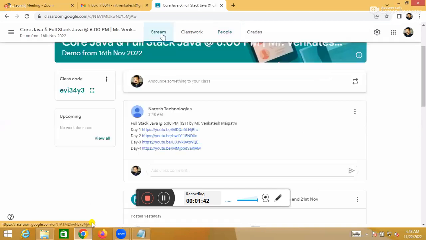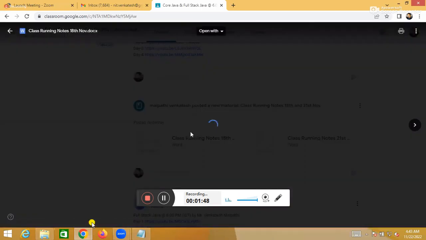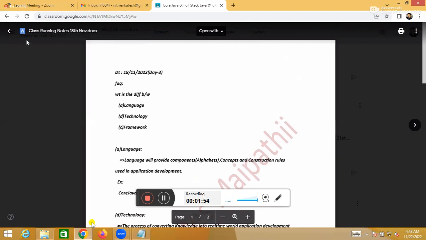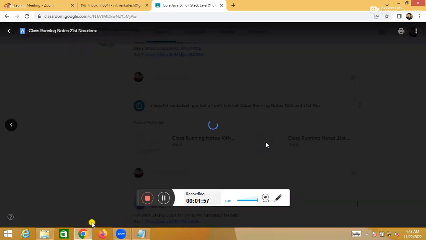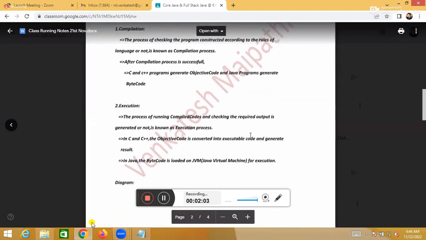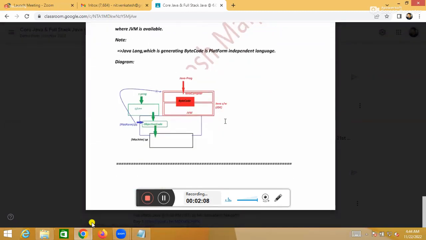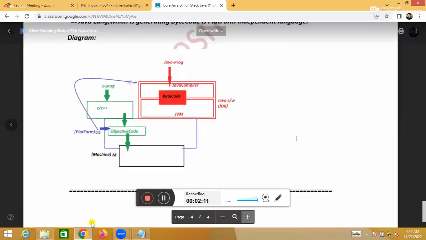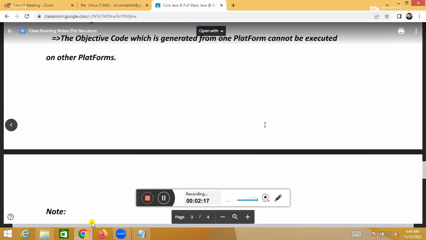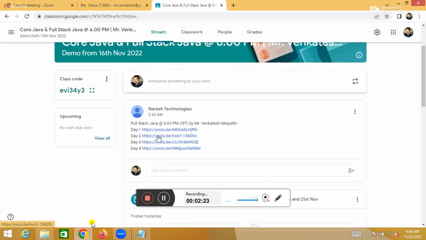Anyway, so these are the notes. Yesterday, 18th, I updated the notes. These are Friday's notes; I executed a very small class on Friday. And this is yesterday's notes I updated. The diagram I drew, I pasted there. You can see it, and for you a download button, a download option, will be there. You can download it. Anyway, notes will come, and for 1 week, recordings also will come.